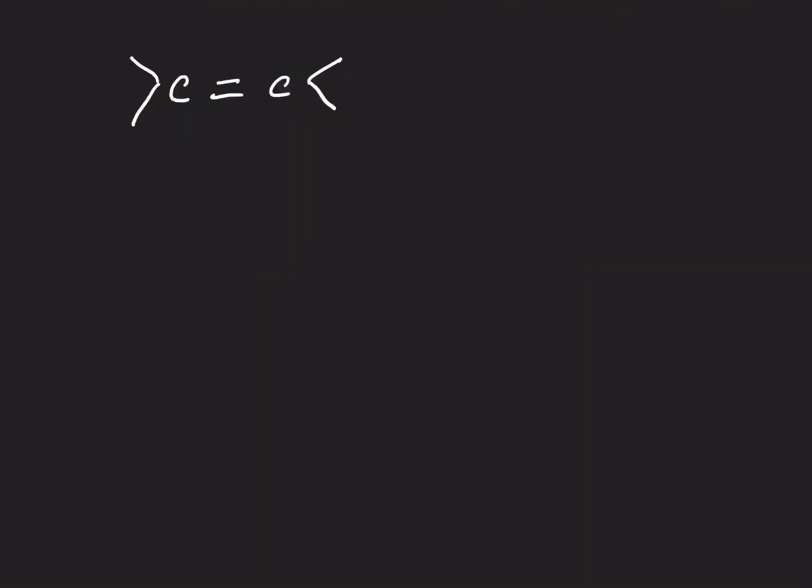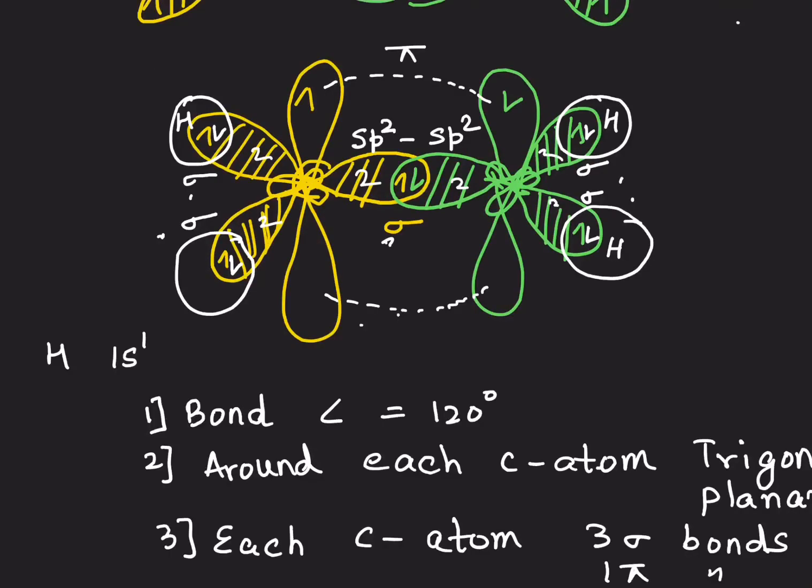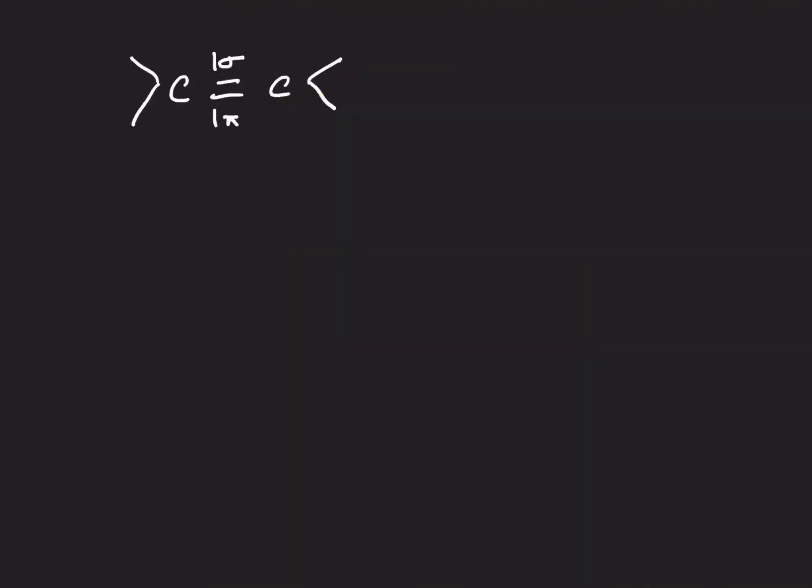So now you know when there is a double bond between 2 carbon atoms, one will be a sigma, the other will be a pi. Again, going back to the structure, see between the two carbon atoms, one sigma bond and one pi bond. Always the sigma bond is formed first, followed by the pi bond, right? So whenever you have the double bond, you know how to answer it now.